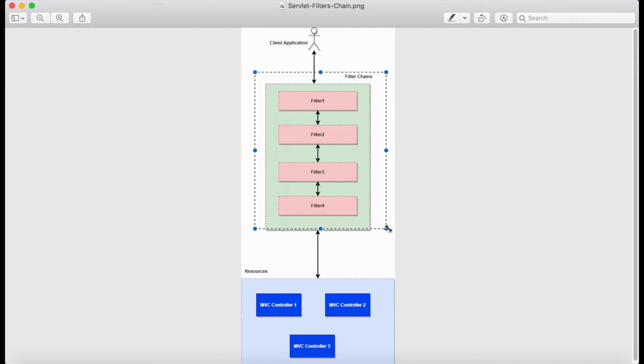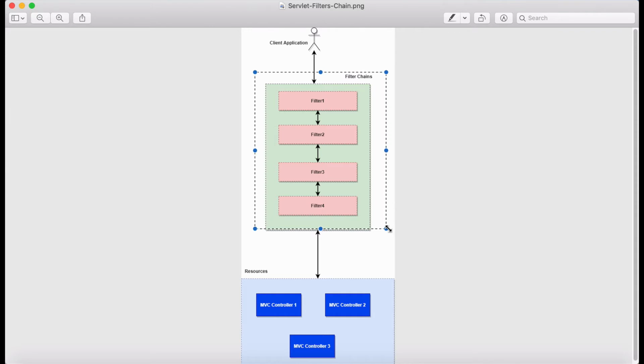Every request comes from a client application. It doesn't matter if it's an end user or a client API which is calling our web services or our controller. Every request will get into certain filters. If you have not configured any, there are already predefined servlet filters. And in Spring Security, or even a Spring web application, there are certain filters.